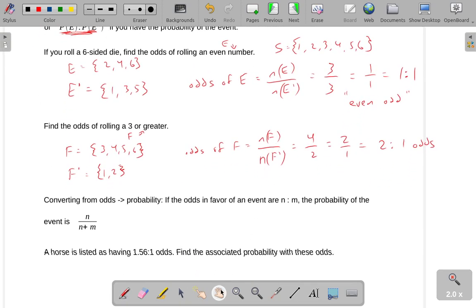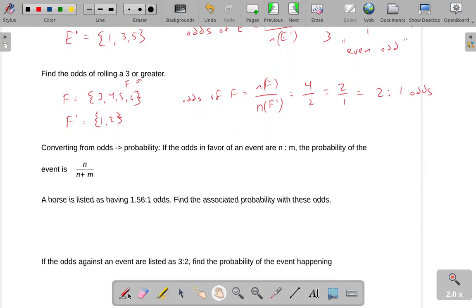The same thing we did here, except with probabilities. If we want to go from odds back to probabilities, though, let's say the odds of the event are n to m, then the probability can be found as n over n plus m. So this is a little bit